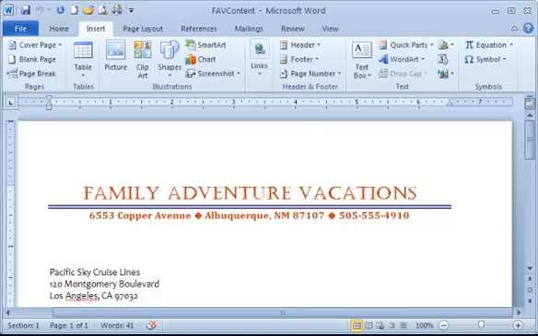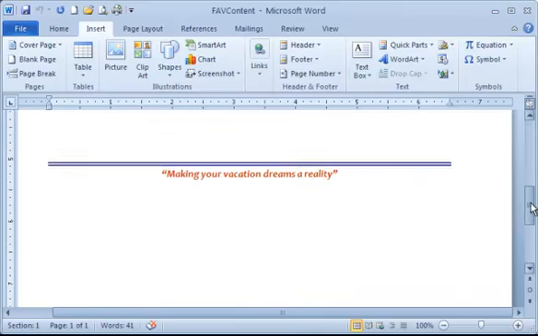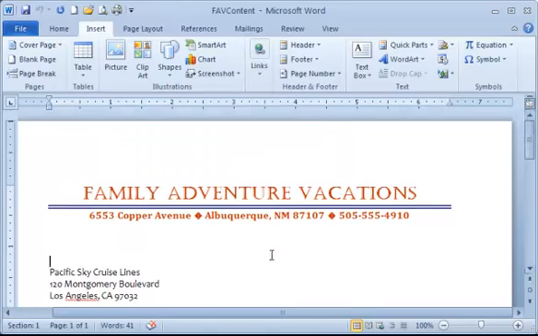So we are going to take a look at a couple of those in Project 3A that begins on page 95. And I've opened up the file that they've requested. In this, we're going to use some of the existing information throughout this document, and we're going to create building blocks with the existing information. So this would just be like you had already keyed in a letter or whatever, and you find yourself using the letterhead,